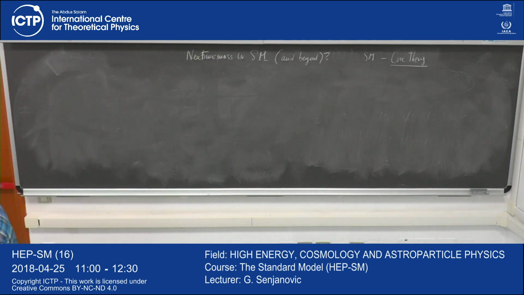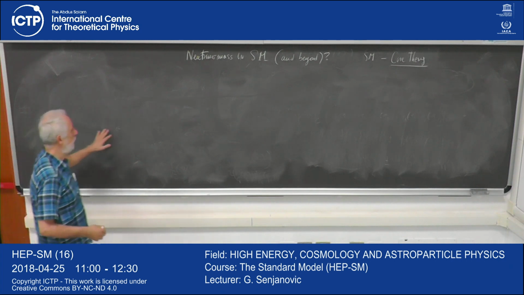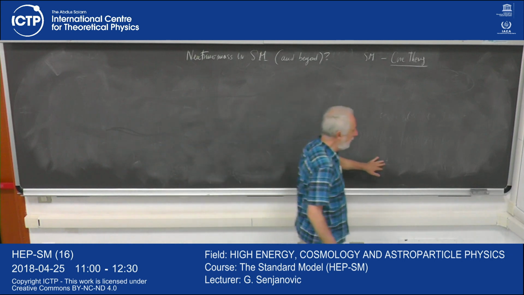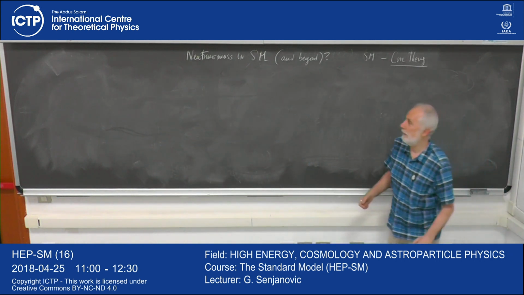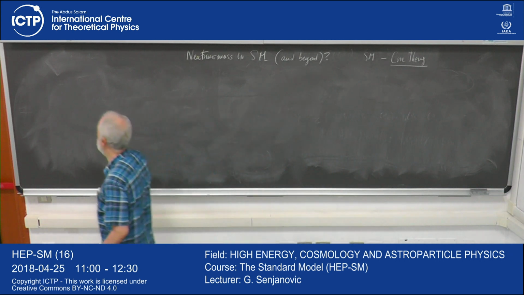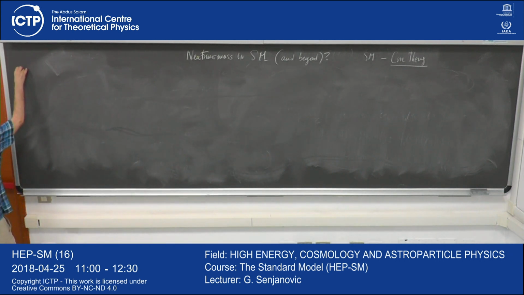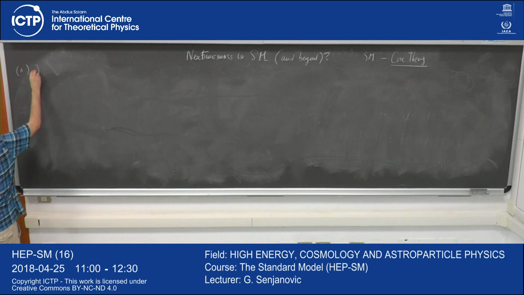I couldn't prove to you that it has a mass. That came from outside, right? In the Standard Model, the neutrino was massless. But once the neutrino has a mass, I tried to argue, I can't prove that, but it's very likely it's a Majorana particle. I don't know why. I offered a few arguments. So the first thing we did, we said, well, if it's massive, let's do the usual change. And then the right-handed particle, okay, that's the most natural thing to do because other fermions have right-handed counterparts. So we said, okay, if I add a right-handed neutrino,